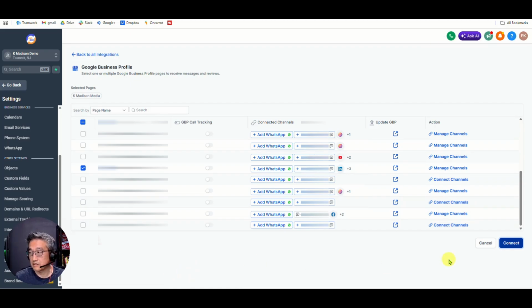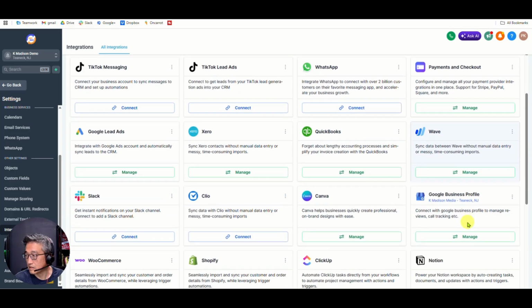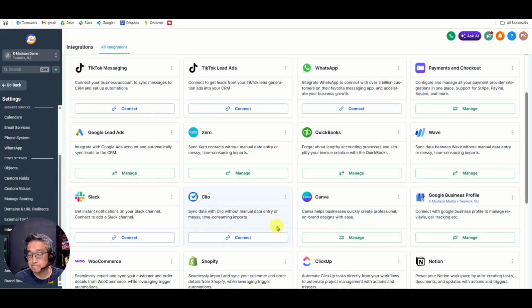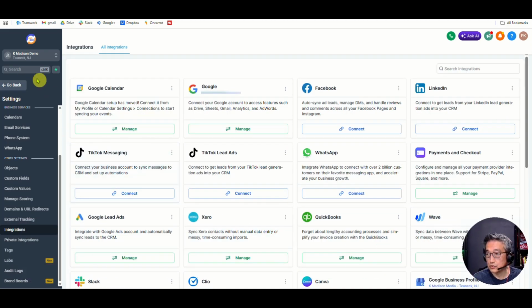So in this particular case, there's no confirmation that it's connected or anything like that. So what I would do is I just go back, and then I would just go ahead and click on, as you can see here, it's showing that you are able to connect multiple Google Business Profiles. So I would just go back and manage and make sure that it's connected. Okay. All right. So now let's go back to